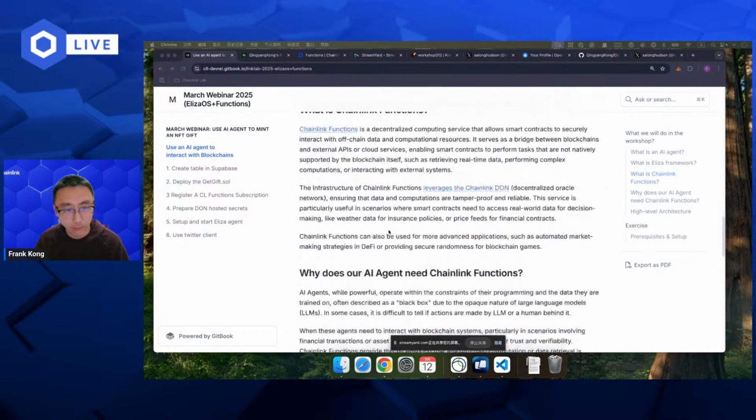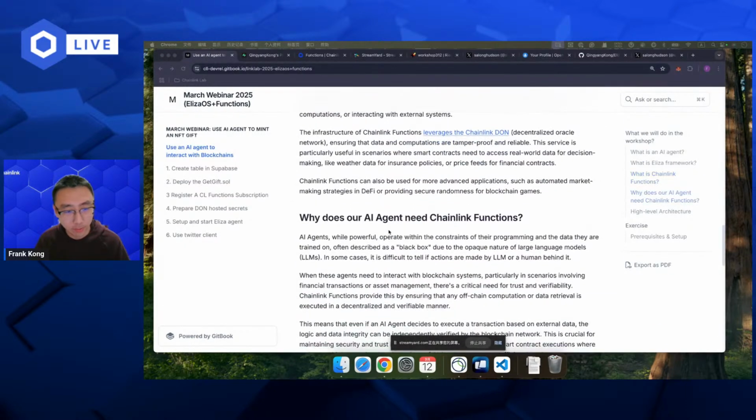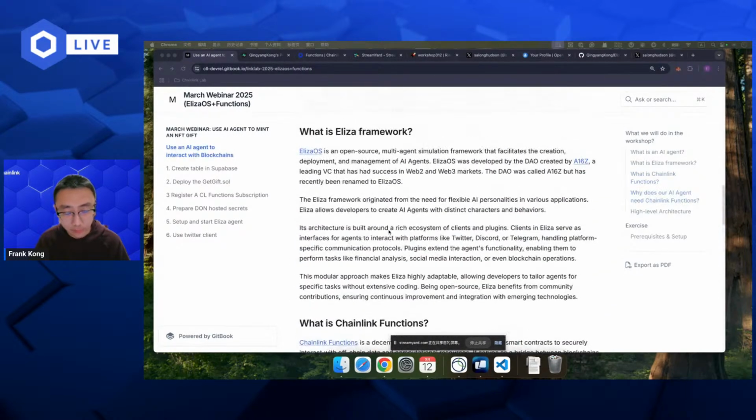And the third part of Eliza, which is very important, is that Eliza can define actions. What are actions? You need to define what this AI agent can do. For example, in this workshop, we want this AI agent to send a transaction to mint an NFT, a gift. So I will define a new action called get gift or mint gift.